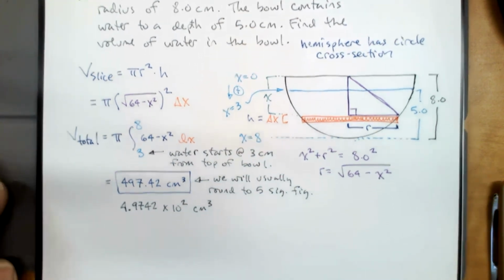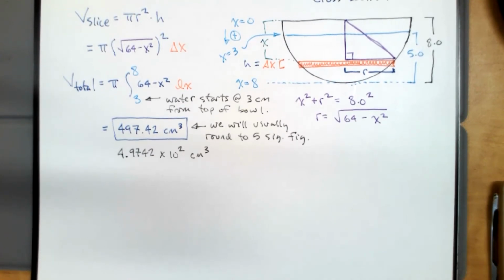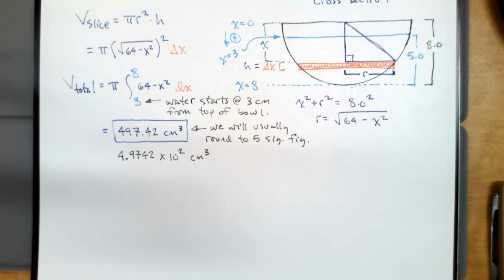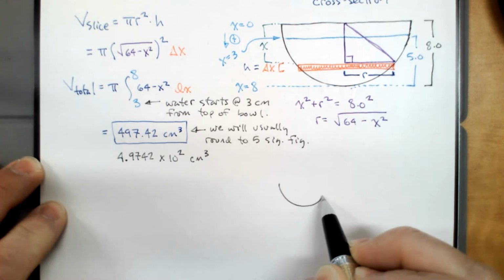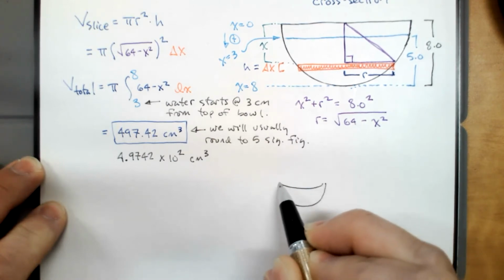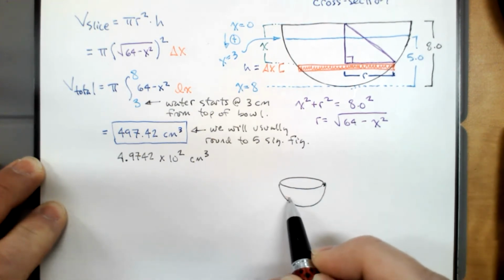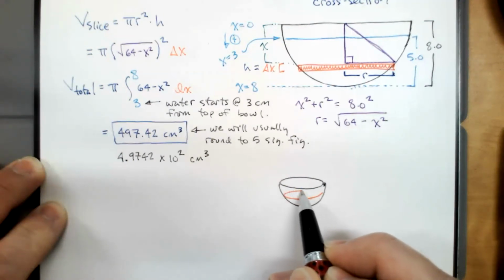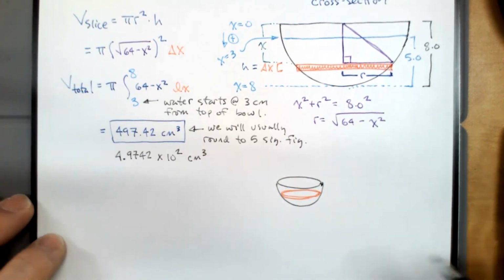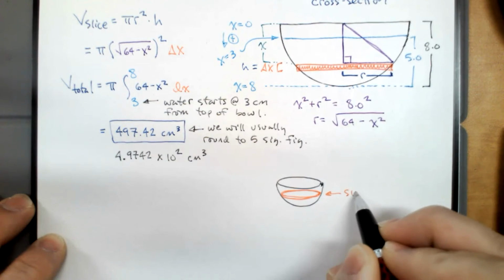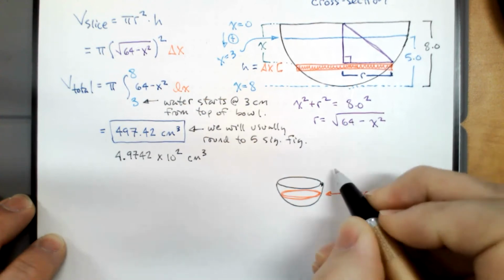So in the hemisphere, now apparently I'm going with hemicylinder because I'm gonna call hemisphere, but maybe I'm just a Mopar guy, I don't know. The hemisphere, our cross section was a circle. If we look at this bowl from the side, one slice is going to be in the shape of a circle. In our hemisphere,